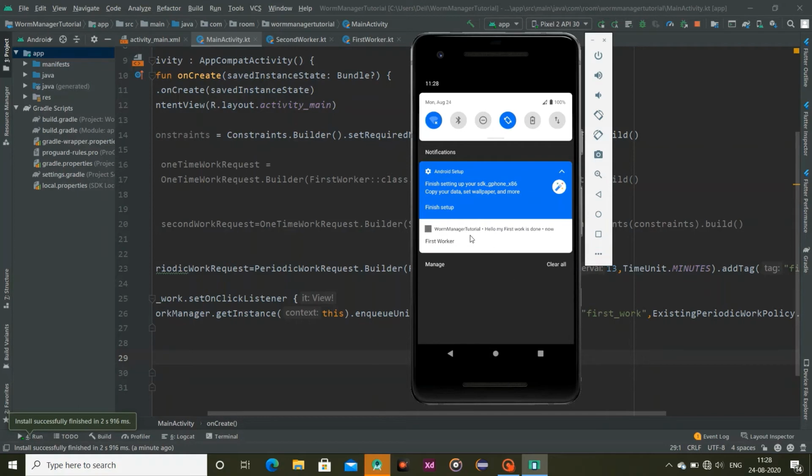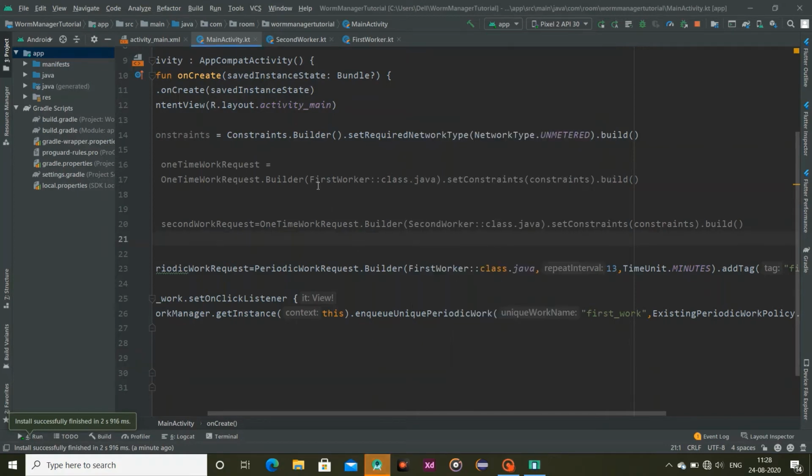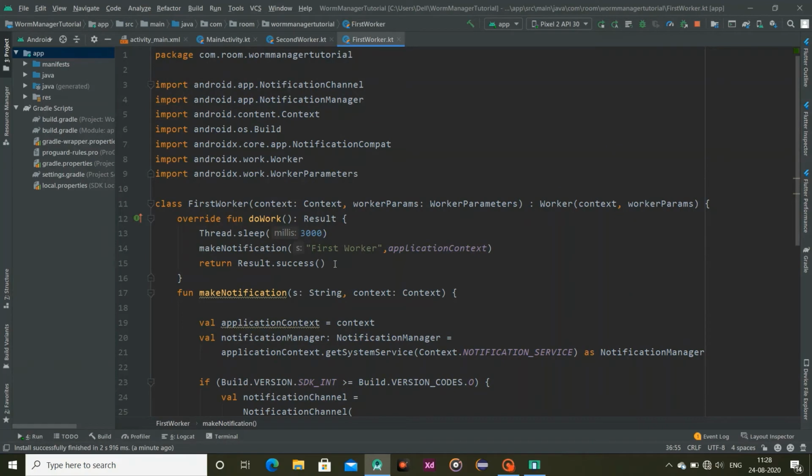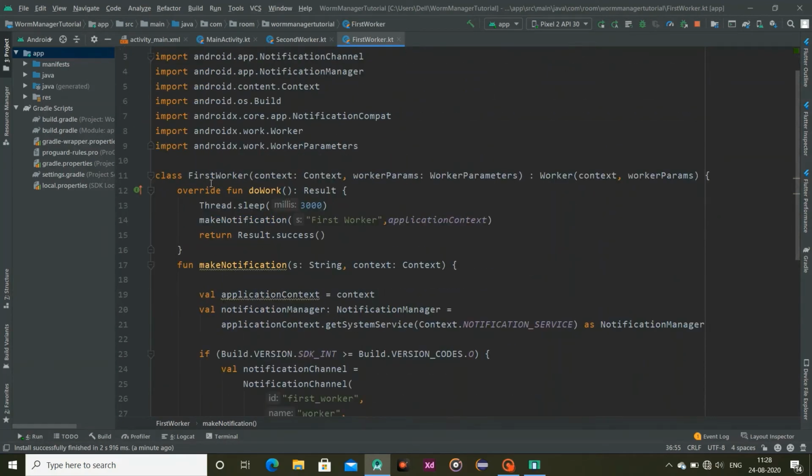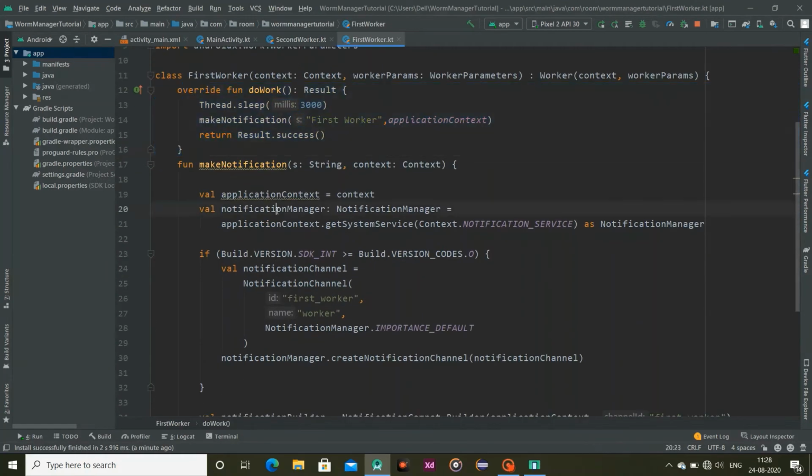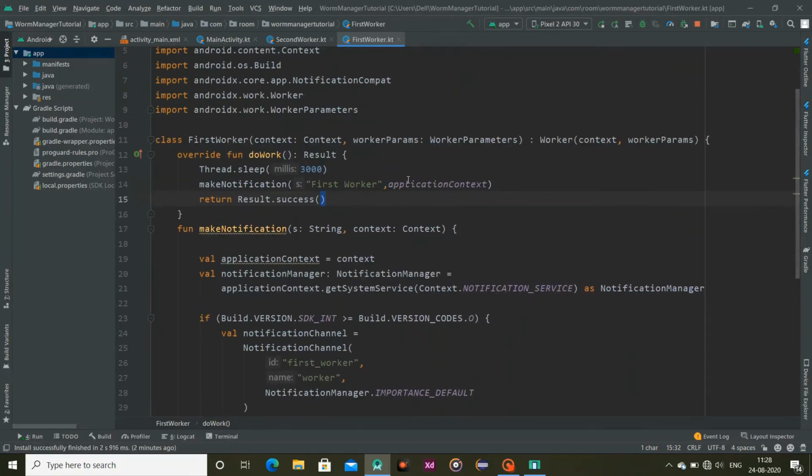Okay, let me show you our first worker class. In this we simply created a class, extended the Worker class, and overrode the doWork task. Whatever you want to do with our worker, we simply keep that code in doWork, and after that we run this worker and it will perform that work.